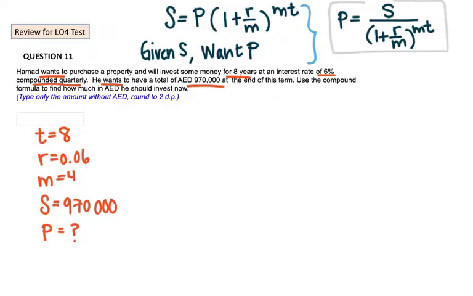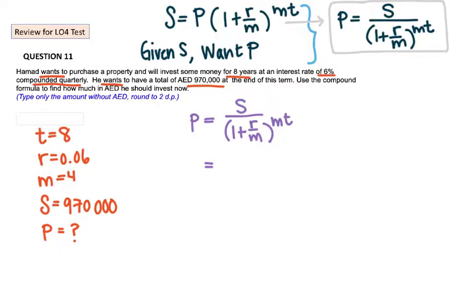Okay, so if you're given this equation, you should be able to use your algebra and turn it around and solve for P. That being the case, we will use this equation, the future value divided by 1 plus r over m to the mt would give us the initial amount deposited